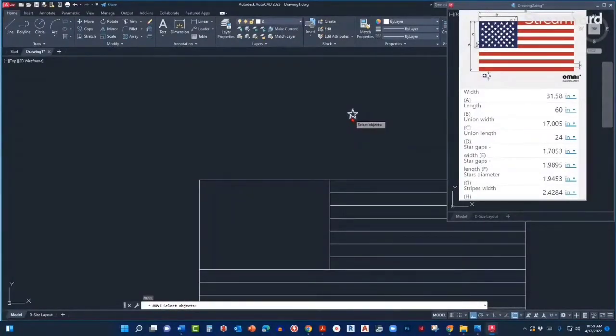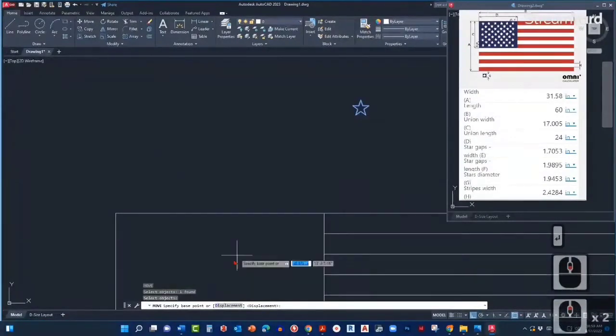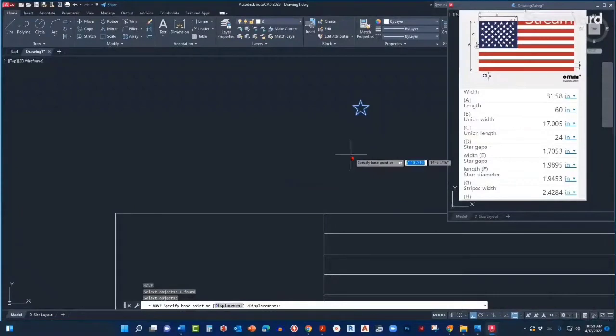I'm gonna select my star and press enter. Again, from the command line, specify base point. Before I click any base point, I'm gonna go over my drawing and see where I need to place my